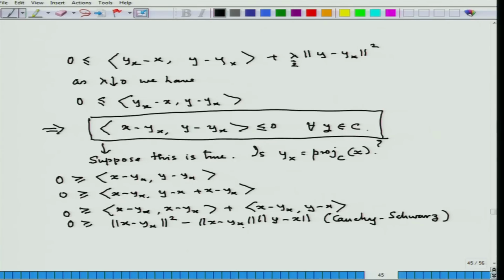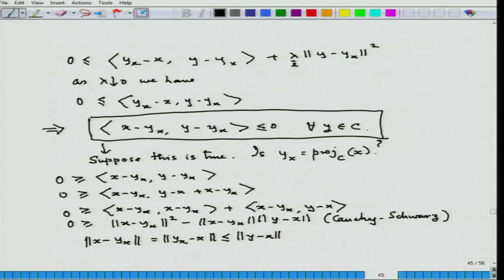Now, this means that I can now take this on this side and cancel off this norm x minus y x, and so finally, I will get the following inequality. I will get that norm of x minus y x, which is same as norm of y x minus x, is less than or equal to norm of y minus x,